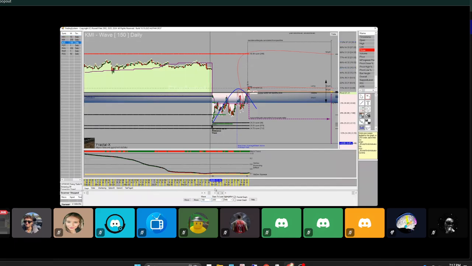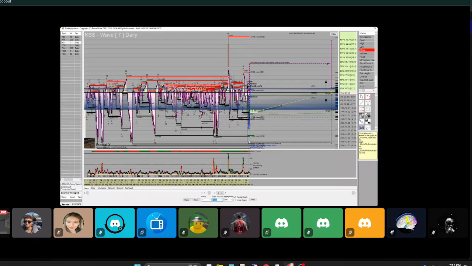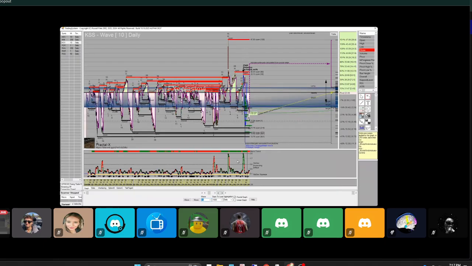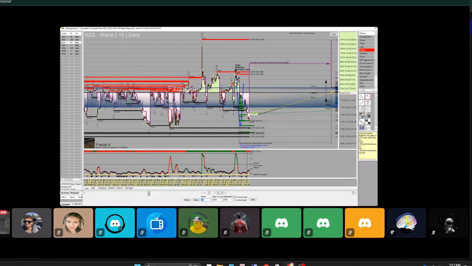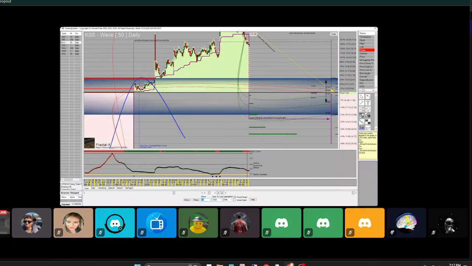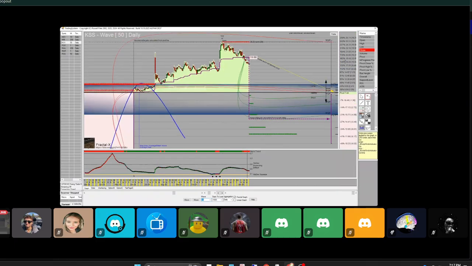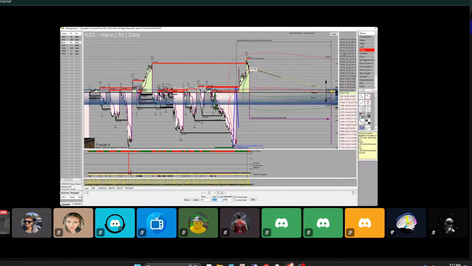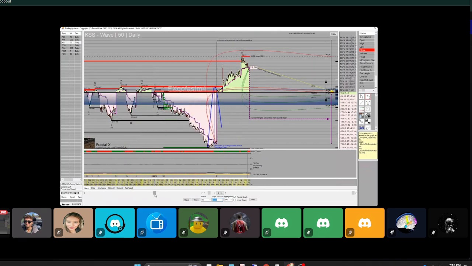KSS is Kohl's stock. It was an interesting compression expansion setup with this one I wanted to share. Let me find it. This stock in the linear chart has been down for a while. Okay, I think it might be 50. Yeah. So we see this. Okay. Let me zoom in on this real quick.